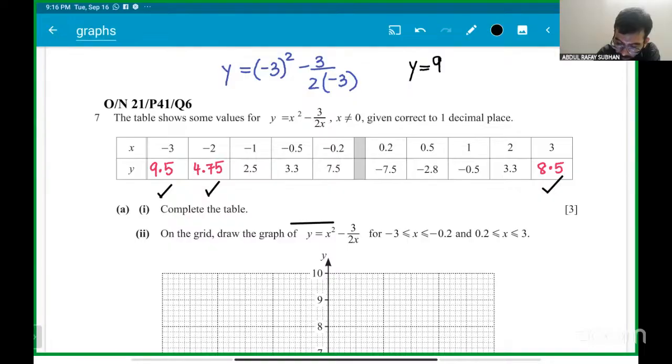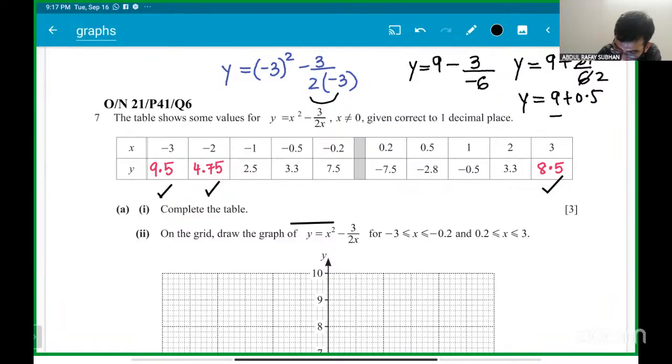be +9, -3 divided by 2 times of -3 is -6. अब ये जो नेगेटिव नेगेटिव है वो कैंसिल हो जाएगा, पॉजिटिव बन जाएगा, तो 9 + 3/6, 3 1 3 2 6, तो y is equal to 9 + 0.5, 9.5।